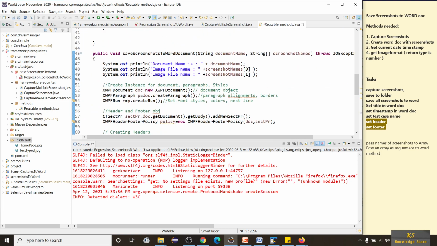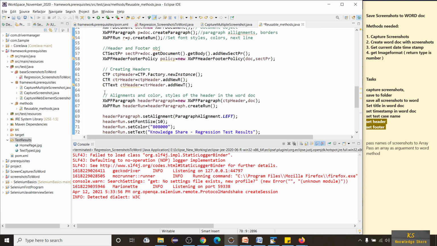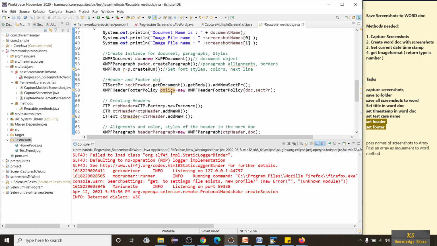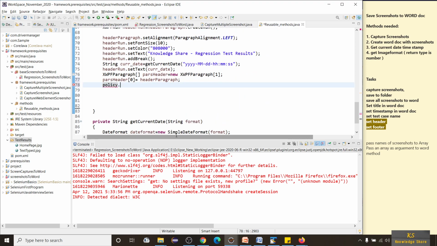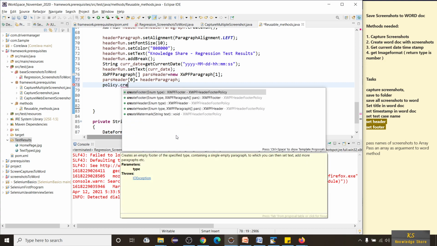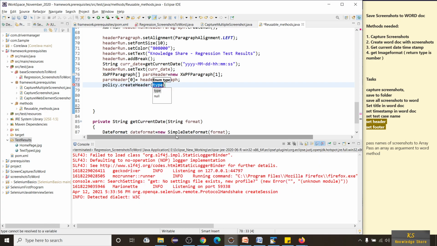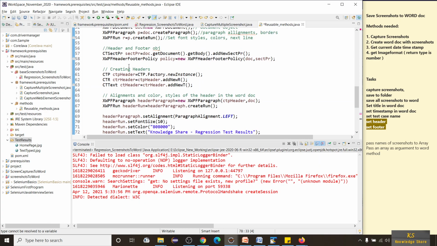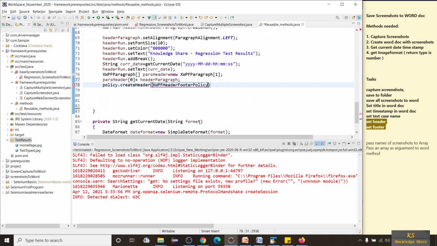And then we have set up a policy here. So let's take up this policy, header footer policy, as I said. Take that policy.createHeader. You have two methods, header and footer, right? So you have to take this method, createHeader of, and you can take this headerFooterPolicy.DEFAULT policy, and you have to pass this parseHeader.